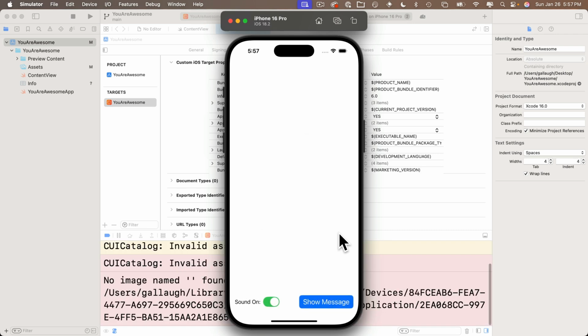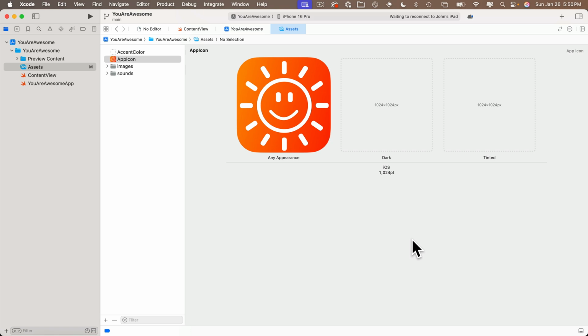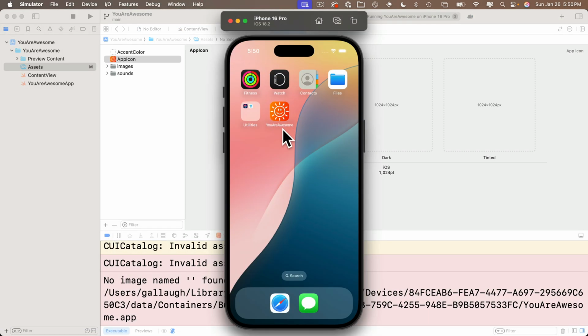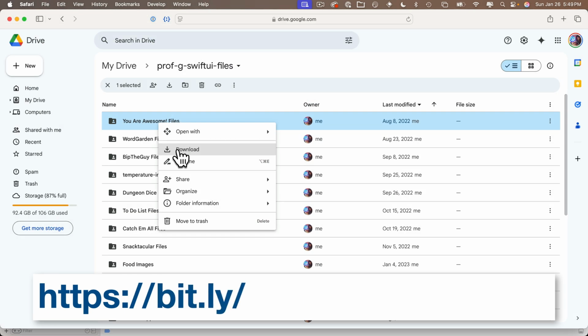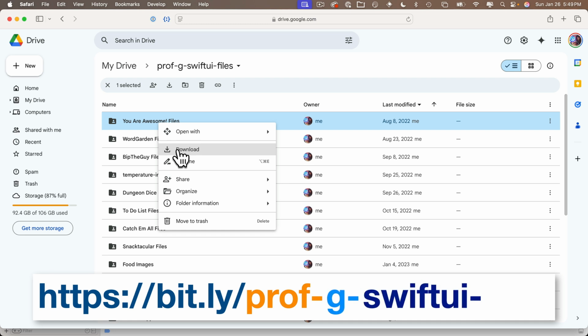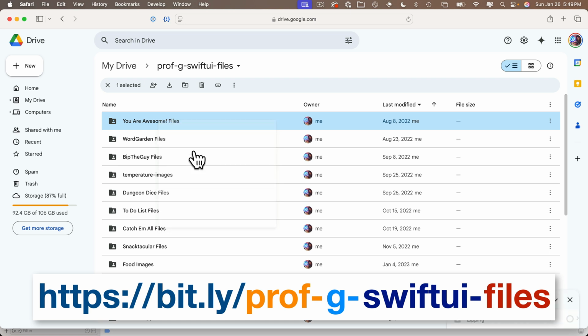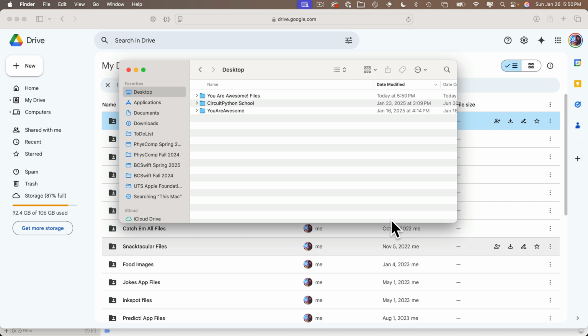Let's build. Now, in the prior lesson, we added an icon to our app, and you downloaded that icon and launch screen files from the You Are Awesome folder in the video lesson Google Drive at bit.ly/prof-g-swiftui-files. If you don't have those files, download and unzip them now, and when you do, make sure you're in